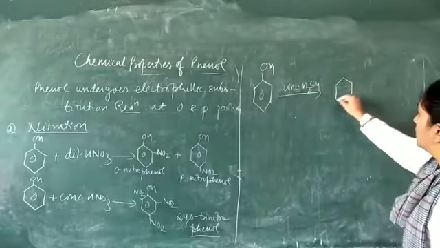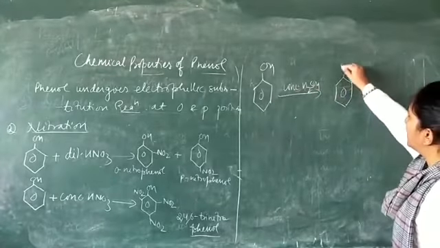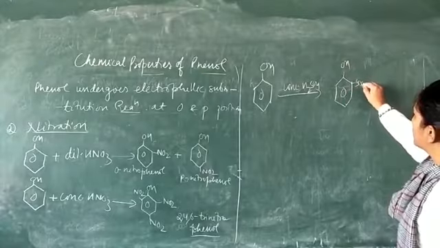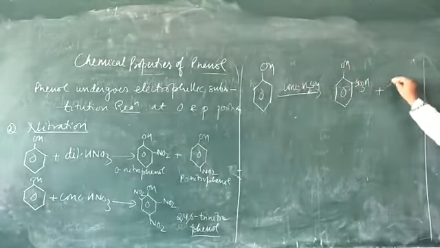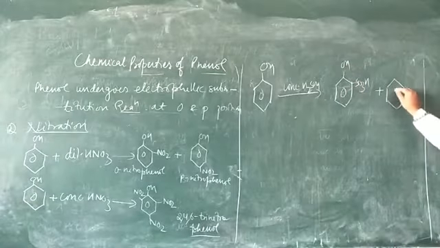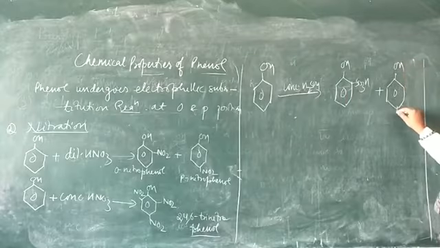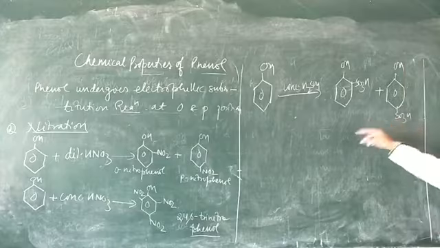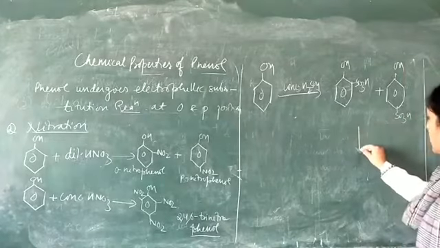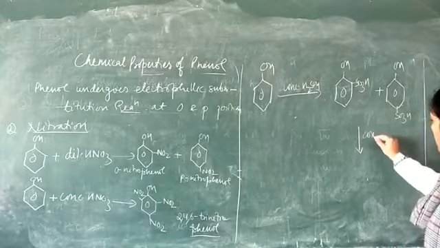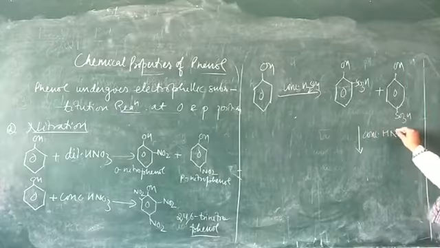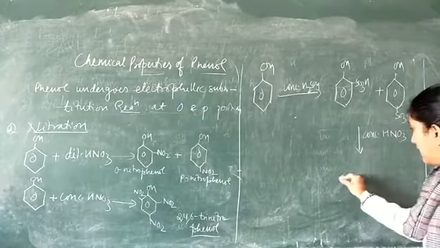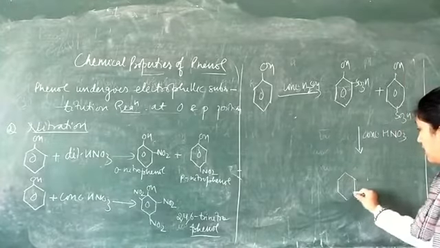So we will get here OH and SO3H at ortho position. Similarly, we will get OH and SO3H at para position. Right? And then this mixture undergoes the nitration and we get here